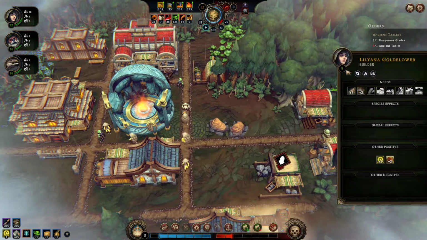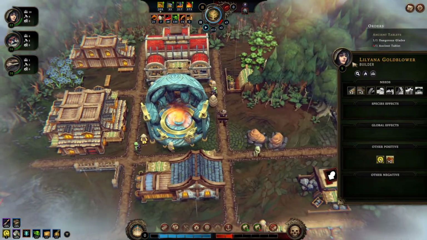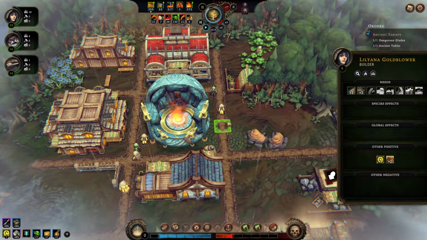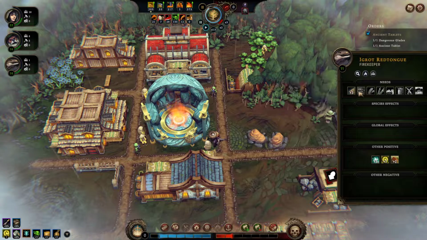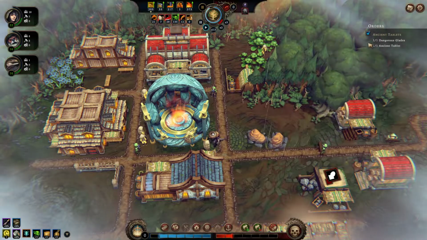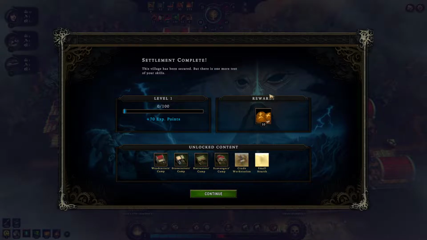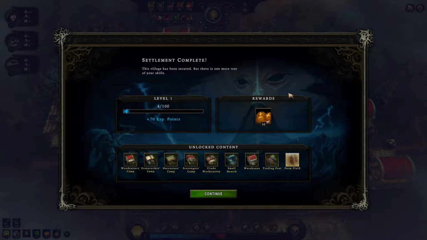How can I tell? Can I click on him? Nah, I can't quite tell. You can get a little summary of a person's thing if you click on them, of their happiness and which of their needs are met. All of the different races have different needs, but anyways, we've completed our first settlement, which is just a tutorial,